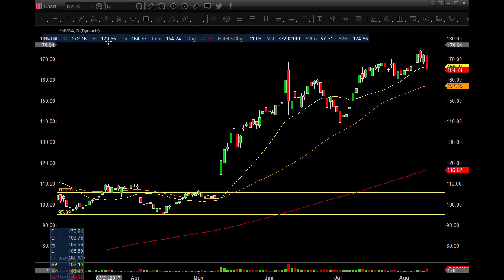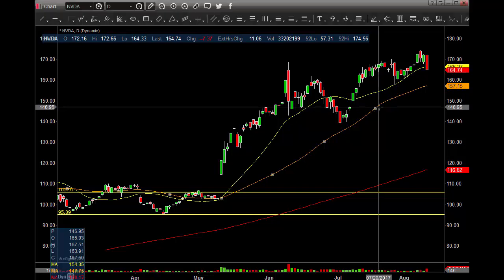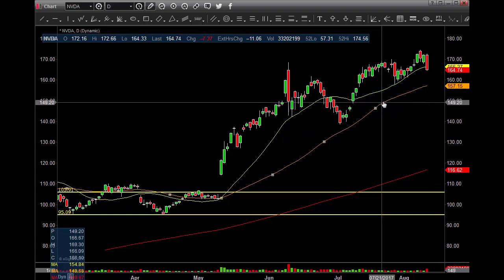All right, guys, so let's get into Nvidia daily chart. They did have earnings. They were down about $11 after hours, so nothing like oh my gosh, but it is going down. So watch tomorrow for this gap area, about 146.95. You got a gap window up in here around 149, say 150. I'd go with the 149,